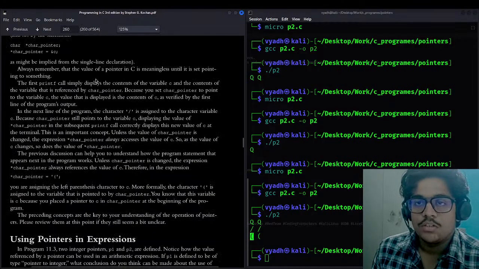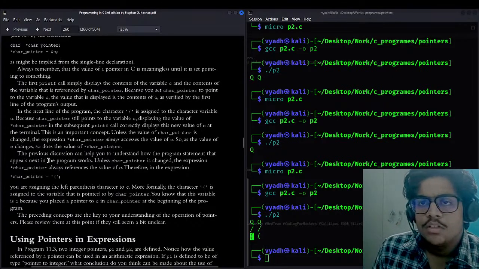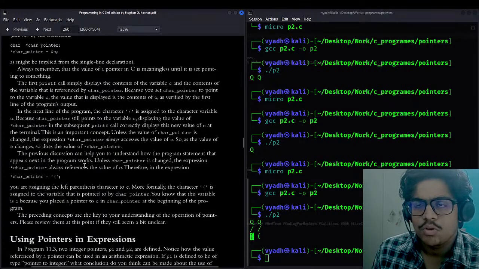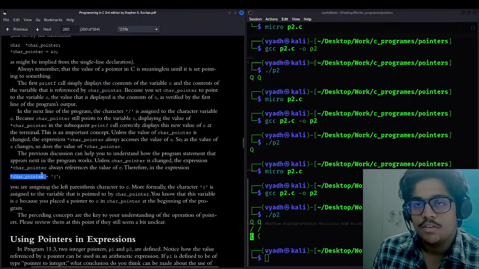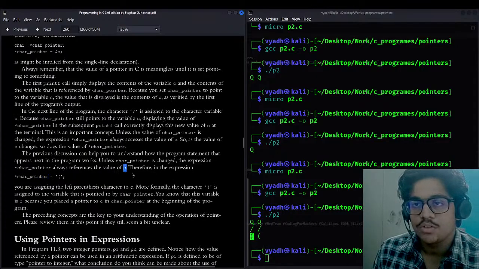So let's find the reason for it. The previous discussion can help you understand how the program statement works. Unless the char pointer is changed, the expression char pointer always references the value of C. Therefore, in this expression, you are assigning the left parenthesis character to C. So it is indirectly assigned to C. If you assign something to this, the value of C is also changed.